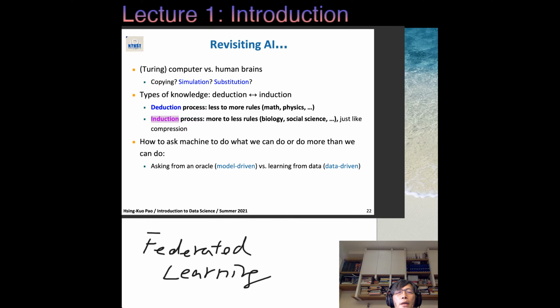In my words, deduction is to produce more rules, like mathematics and physics. Induction is more like going from more rules to fewer rules, like social science and biology.